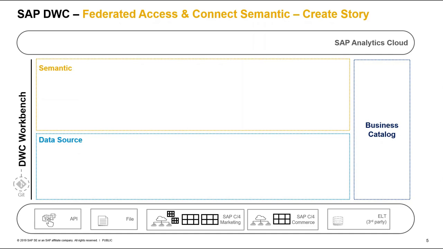Tom provides the access to the C4 marketing system and the C4 commerce system to let Jane log on to Data Warehouse Cloud to connect and access the relevant C4 marketing tables. So Jane logs onto the system, and as she has access to the marketing system and the commerce system within the data source environment of Data Warehouse Cloud, she simply connects to the existing master data tables and reverse engineers the structures to become a virtual table within the data source environment, including the full connection information,